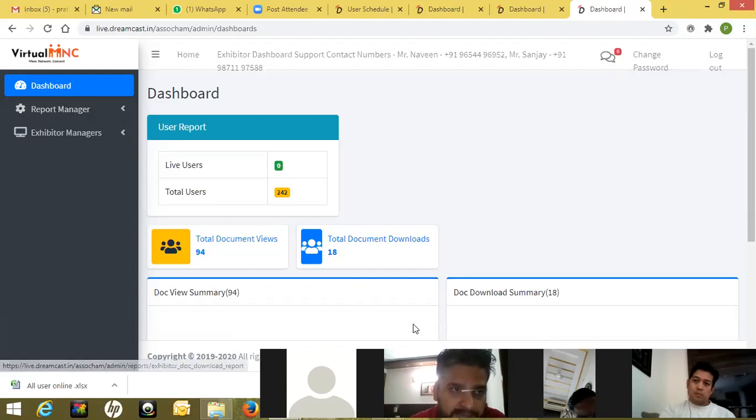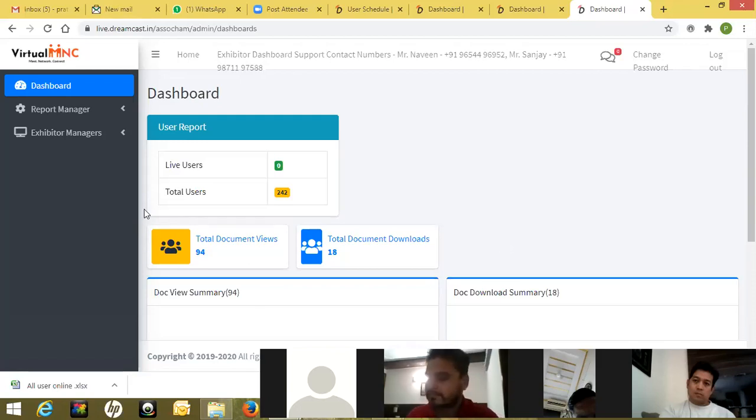Okay. And sir, for all the exhibitors, the idea to restrict the download was purely because of the feedback we have received from previous exhibitions and from the participants about copyright issues. So we have tried to minimize downloading. Instead, we have incorporated the feature where you can share the PDF files with the visitor via the exhibitor chat window. Correct. So go ahead.